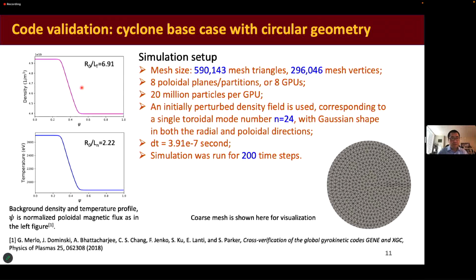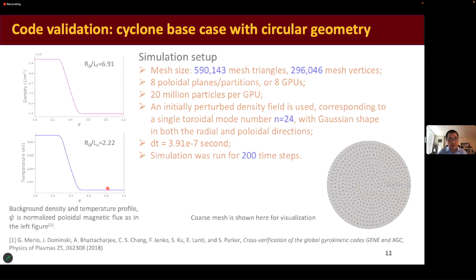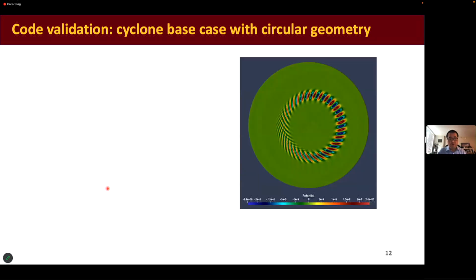The case itself has a temperature gradient along the radial direction in this poloidal plane, so because of the temperature gradient you have ion temperature gradient turbulence developing in the region with the steepest temperature gradient,